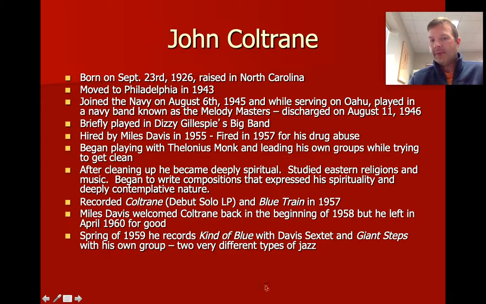Meanwhile, he makes his own record called Giant Steps, which is an album, but it's also a song. It's the title track of the album, Giant Steps. Giant Steps is historically some of the most challenging harmonic language in any jazz piece.